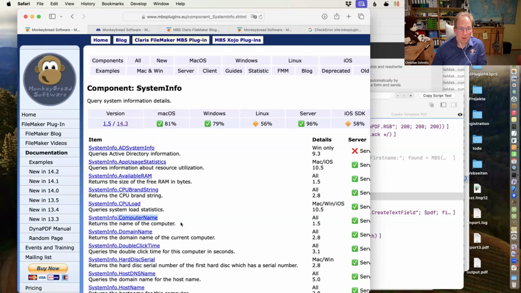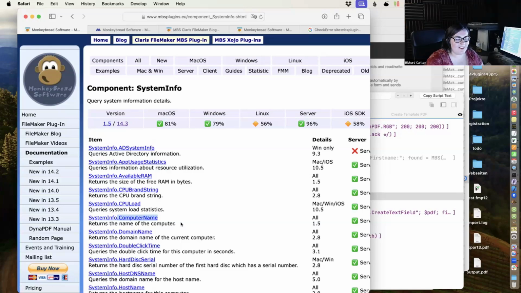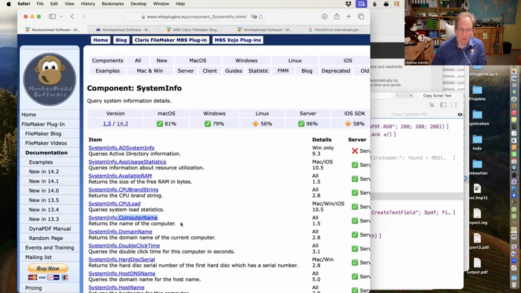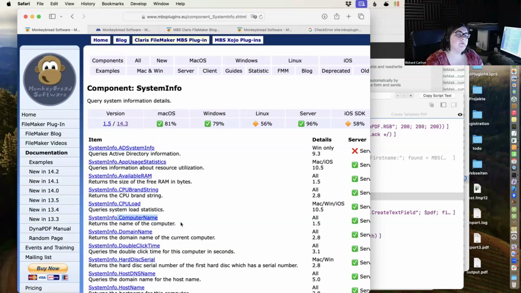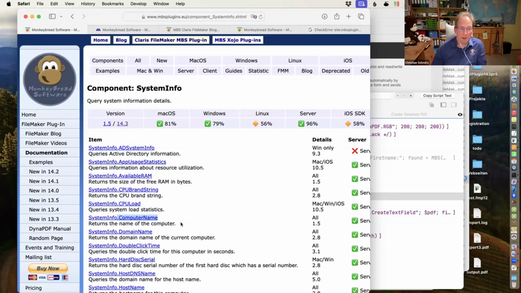People like to log a lot of things. That makes sense. I think it's more important to log which scripts get called. You could have a custom function called at the beginning of a script to count up and make some statistics on which scripts get used, so you know what you're doing. You may have scripts which are never called, and then why spend the time to maintain them? You could just remove the script if it's never used.